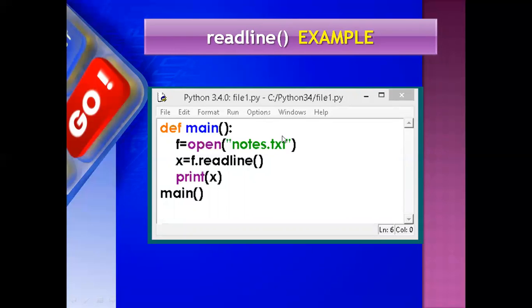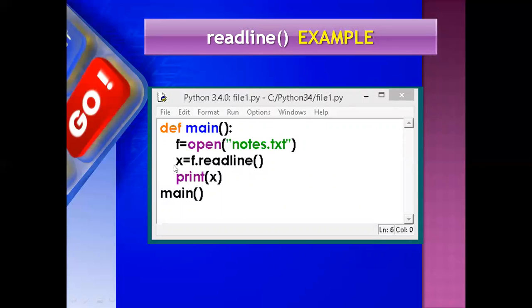There are two types of file we can create in Python. One is a text file, another is a binary file. The text file extension is txt, the binary file extension is dat. Here x is another variable. First, f will open this file in this object.